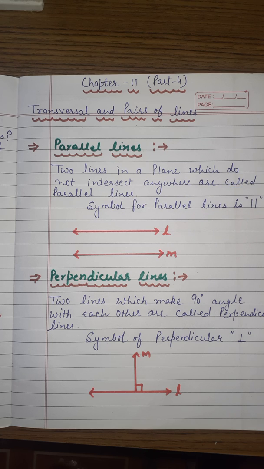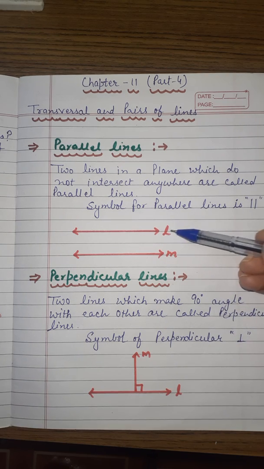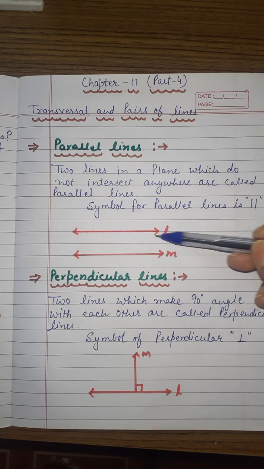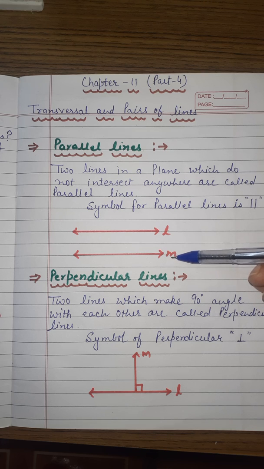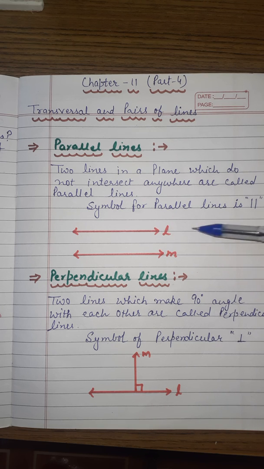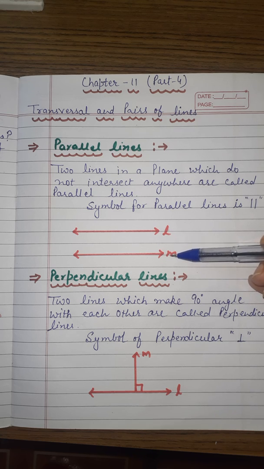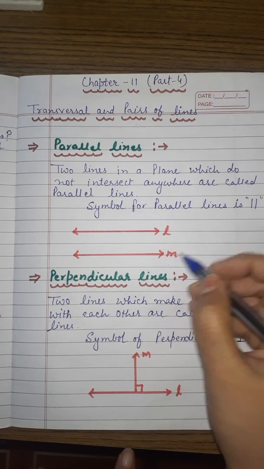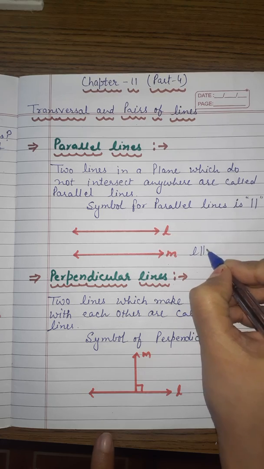Now the symbol of parallel line is like the number 11 in the number system. That is a symbol of parallel line. Here in the given figure, two lines are given, line L and line M. And you know that these lines never cut each other in the plane. If we extend these two lines, they will never meet each other. So these lines are parallel lines. How will we write this? These lines are parallel, so we use the symbol of parallel here. Line L parallel to line M is written as L ∥ M.